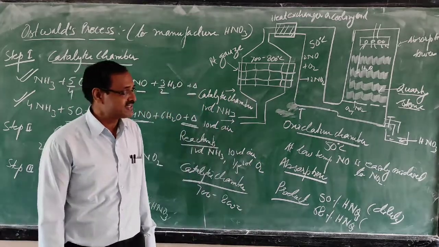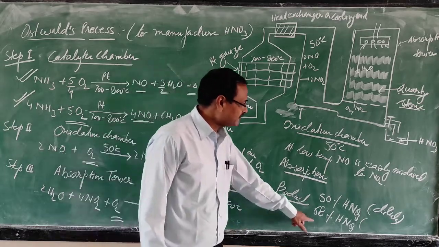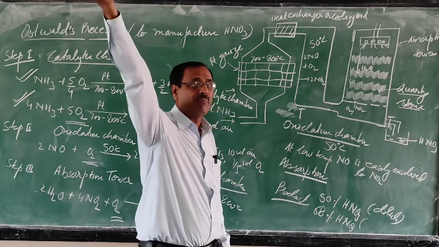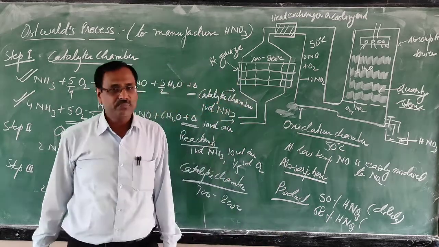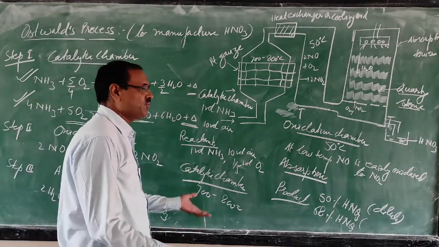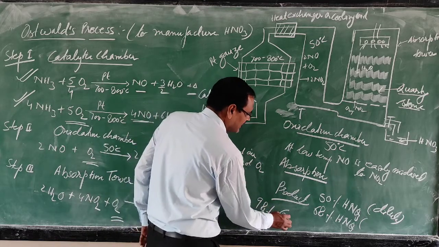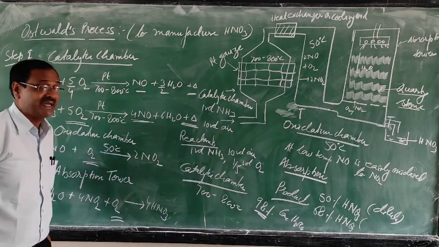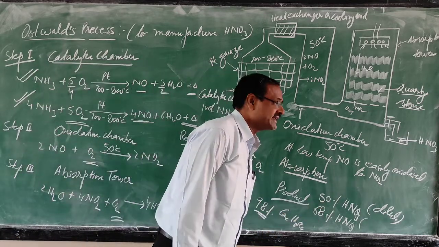A constant boiling mixture, as we have already studied, is a solution which boils without change in composition. Once the 68% ratio is obtained, when you heat it, it goes into vapor form, and in the vapor the same ratio is there. That's why nitric acid cannot be concentrated beyond 68%. After that, if you want to concentrate it, you can concentrate it up to 98% by using concentrated sulfuric acid, and this nitric acid is called fuming nitric acid. So in this way, you can get nitric acid.